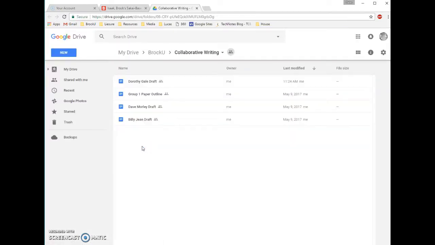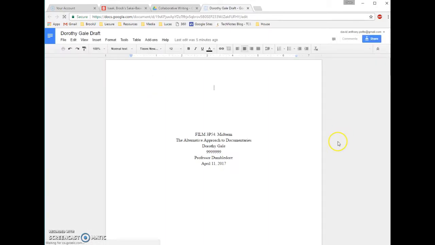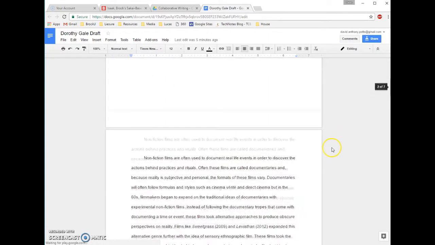So in the shared Google Drive folder, you can see that there's a document set up for each one of my students, as well as an outline document for the entire paper. If I look at one of my individual students' documents, you can see that I can review their work. I can scroll through it